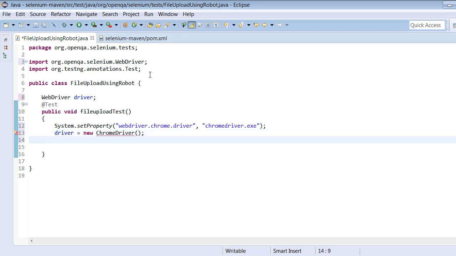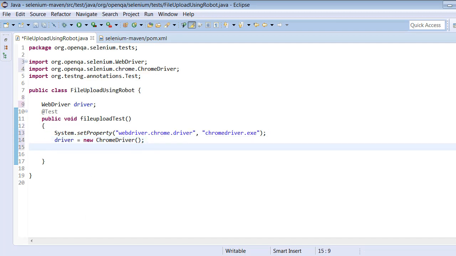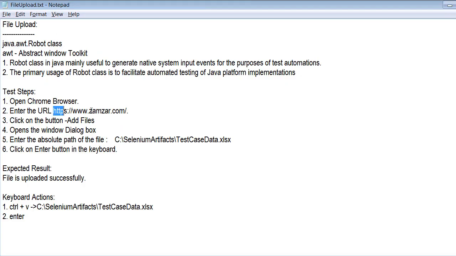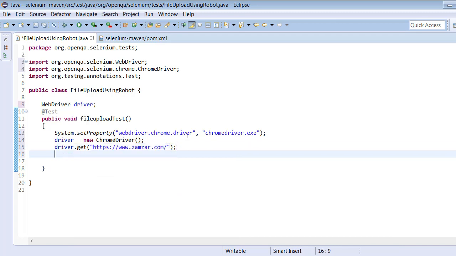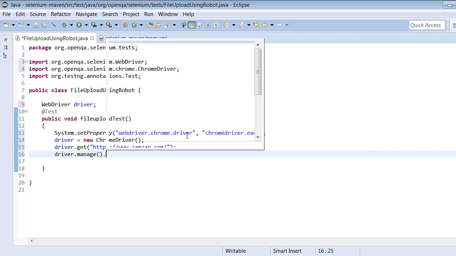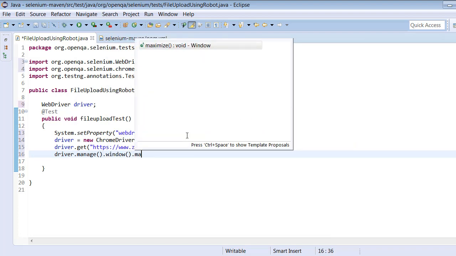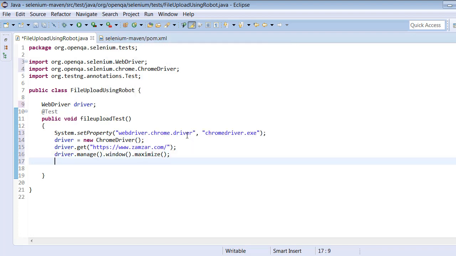And the website URL is already gathered and available here. driver.get. Now, once we open the browser, we can maximize the browser also. driver.manage().window().maximize(). Then next step, we have to interact with the website.